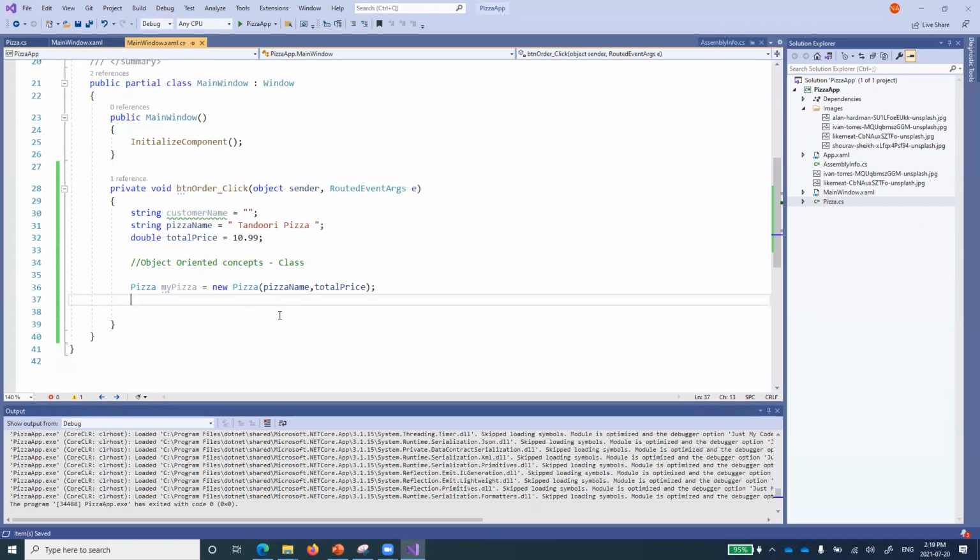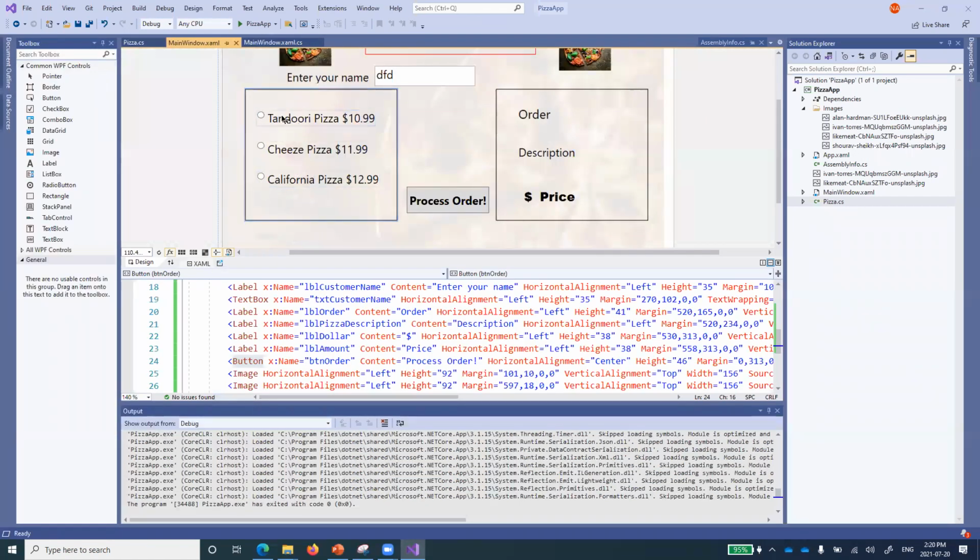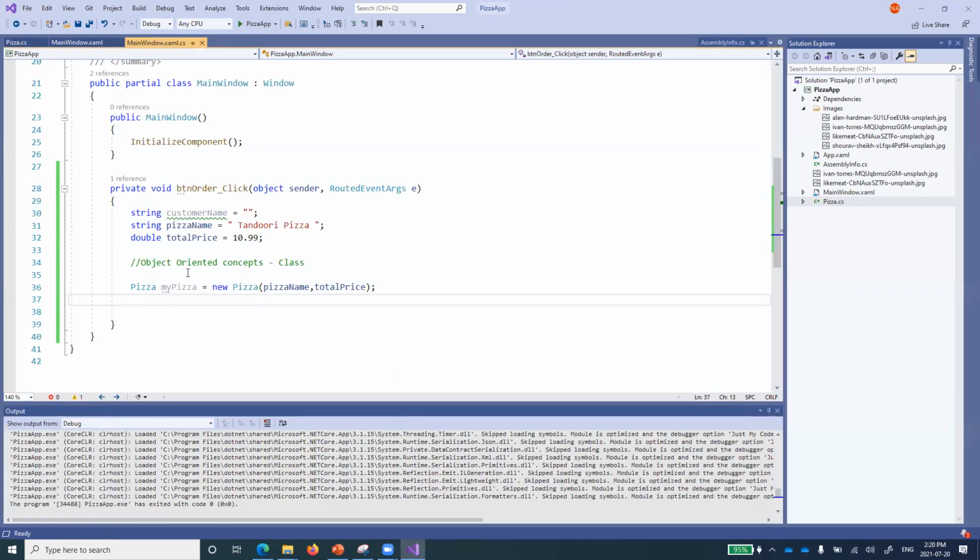Now, so what will happen? See here, I will pass a pizza name and a total price to my object, and this will be set up as that pizza name and the total price of that one, right? And then we will get the result, or for example, whatever we want, we can just do that. Now we have to catch one more thing. What we have to catch? We have to catch this one as well, like which radio button has been selected. Is that right? So for that, I want to define an integer variable, and I can call it control number, like control num.